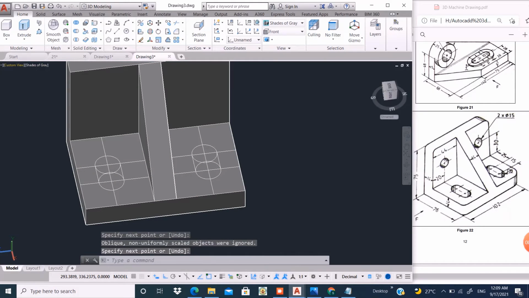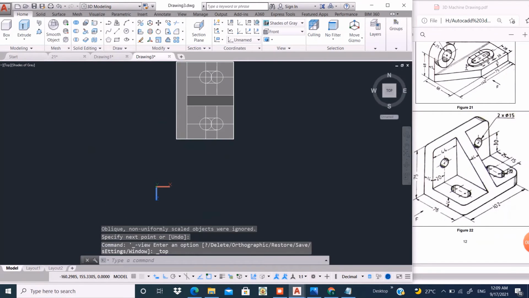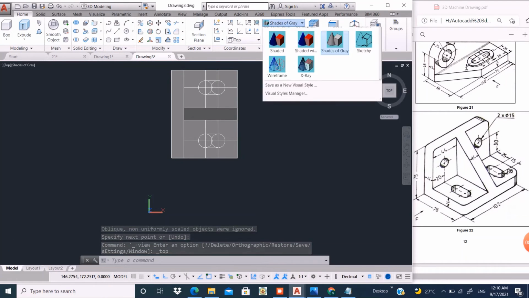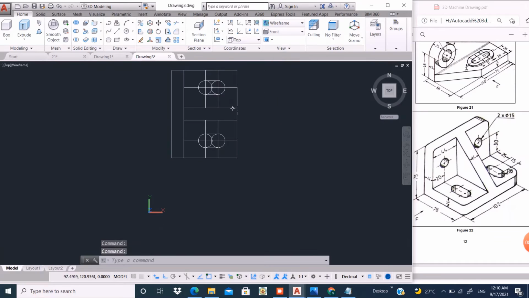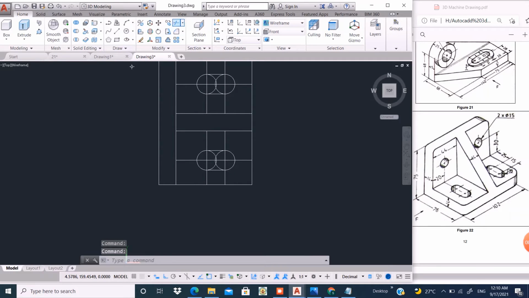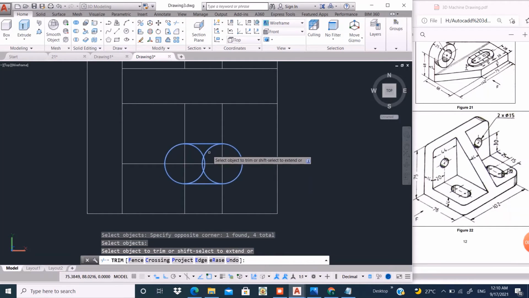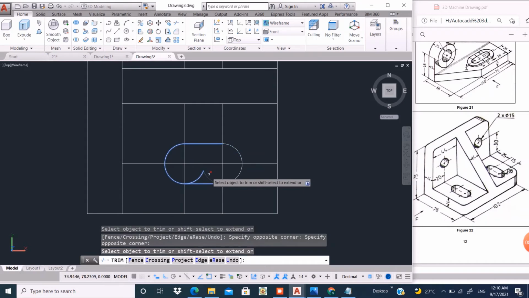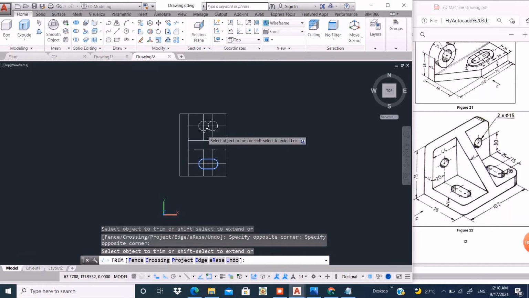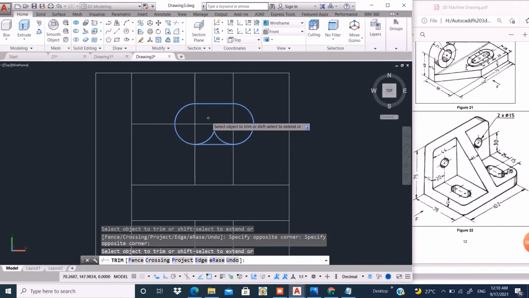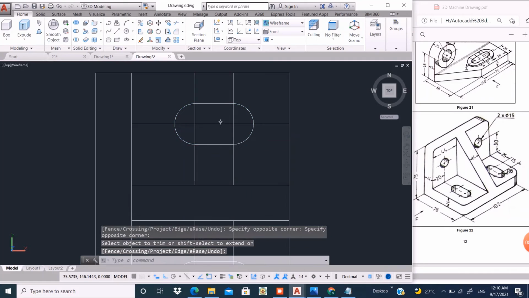Now go to top view, select, change the visual style, wireframe, then trim command, select this circle, trim this portion. Okay. Similarly, again trim command, trim this inner portion. Okay.